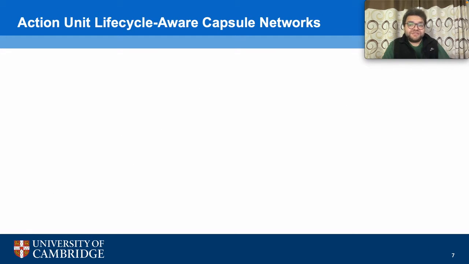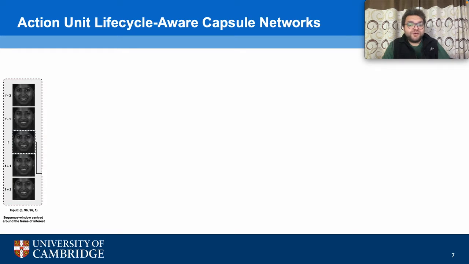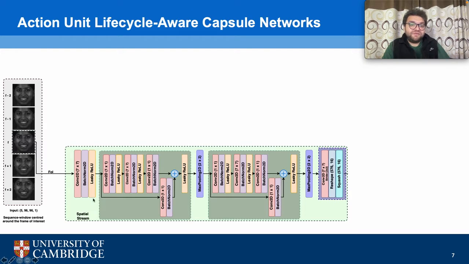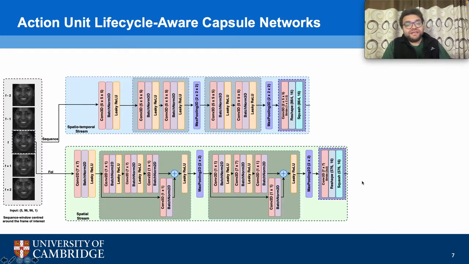Thus, for simultaneously learning spatial and spatio-temporal facial features, we propose the AULA-Caps network that consists of two channels of processing. For each frame, we take two frames immediately preceding and succeeding it, forming a temporal window of contiguous frames. The frame of interest, here the central frame, is passed to the spatial stream, consisting of two residual blocks, followed by a primary capsule layer extracting spatial features. Simultaneously, the entire window is passed through a spatio-temporal stream consisting of several 3D convolution layers, followed by a 3D capsule layer that extracts